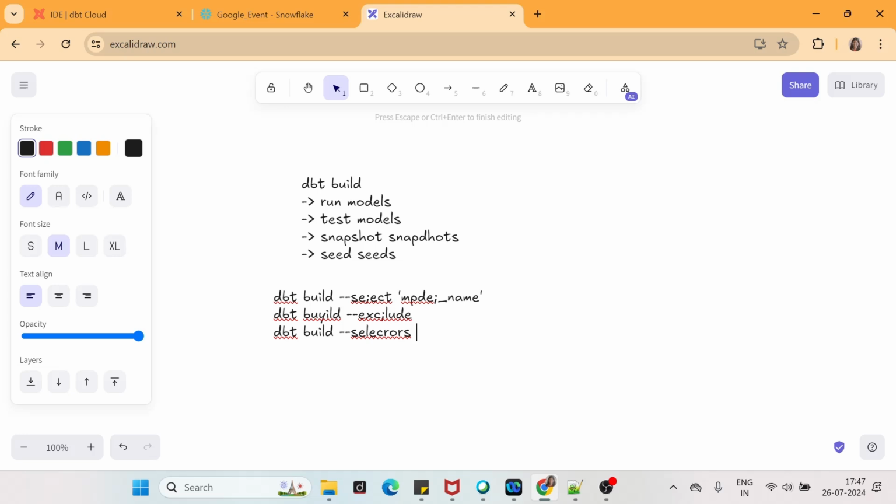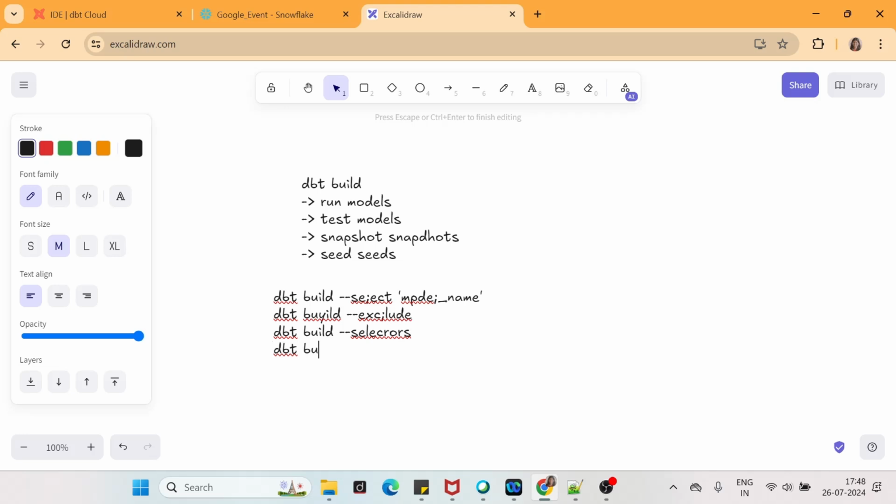So let's say I have defined one selector in a YAML file in which I give one tag to a certain, let's say staging folder. Using this selector I will just type the name of that selector and it will run only those particular models. So you can take selector as an advanced version of select.